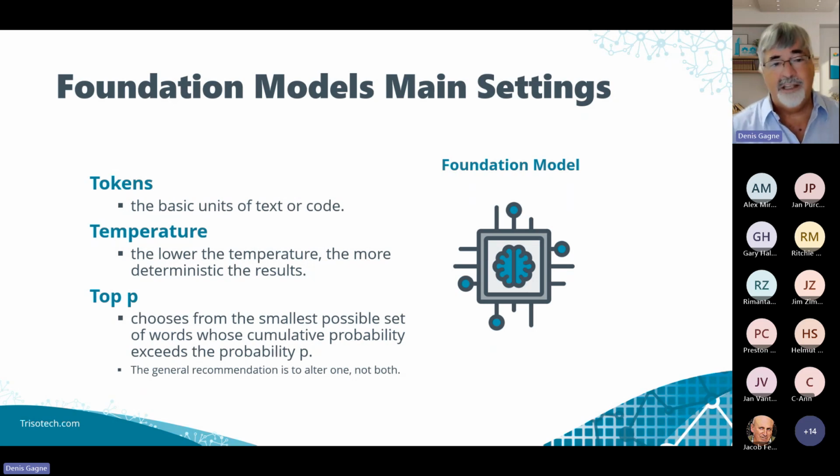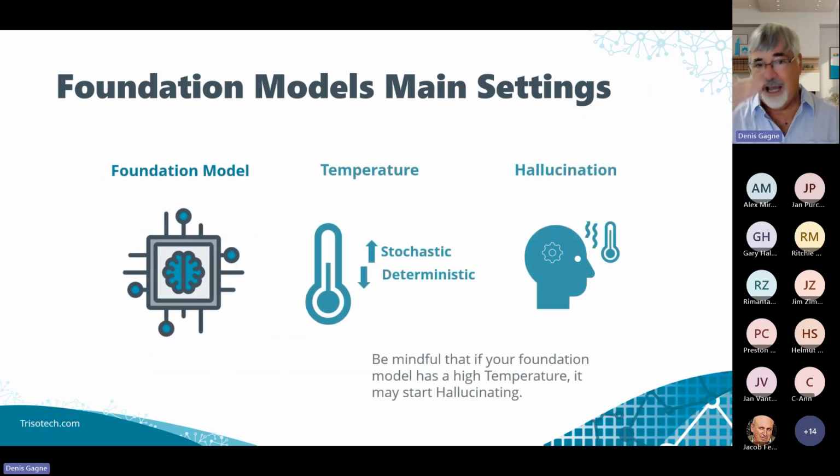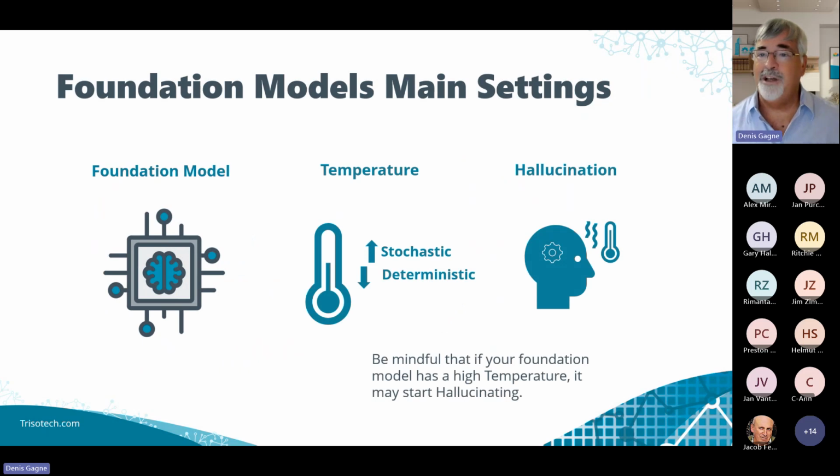The general idea is you shouldn't use both temperature and top P together. You should only manipulate one of them. Otherwise, you're really asking for trouble in the generation. But temperature is a very interesting parameter. I thought this was a nice thing that I've learned, and I don't know if it's actually the fact, but to me, it makes sense that if you raise the temperature of your model, the chances are that it's going to get a fever and start hallucinating.